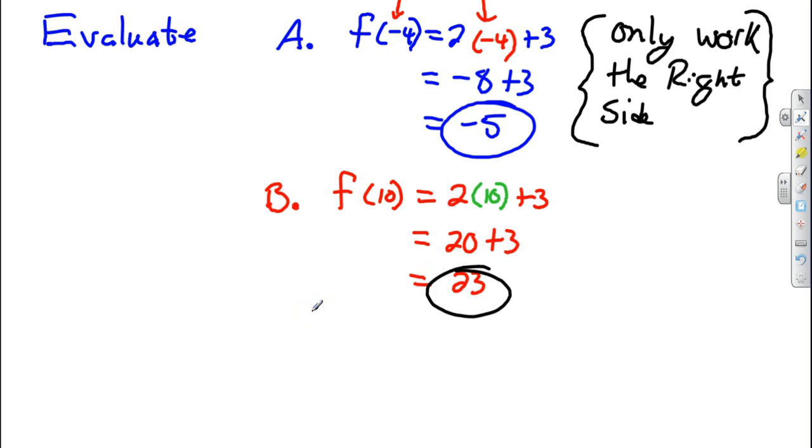Okay, so it's the exact same thing we were doing back in section 1. You're just plugging in a number, doing order of operations. The only difference is that instead of them saying plug in x equals 2, now they give you this where you're going to find f of 10. But it still means the same thing. You take 10, you plug it in, you work it out, you tell me what the answer is. Same setup as you're going through everything there. It works out the same way. The only thing that might change just a little bit, and this is where they're going to